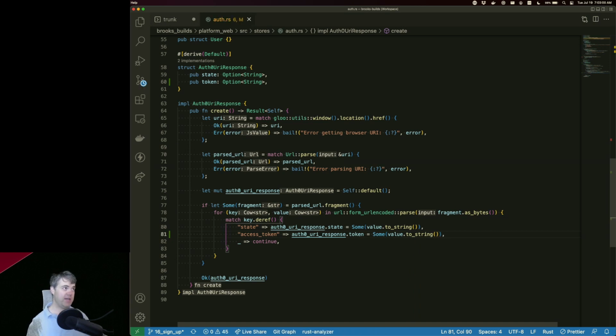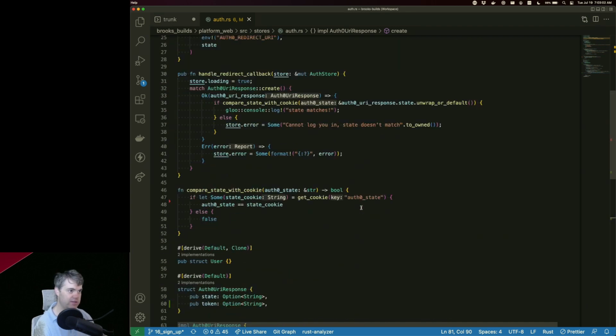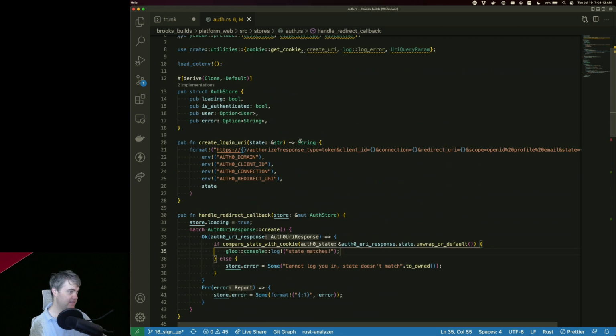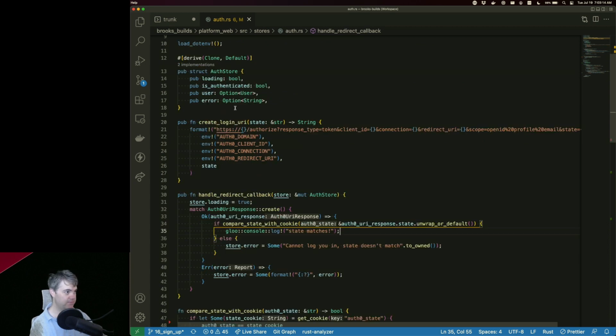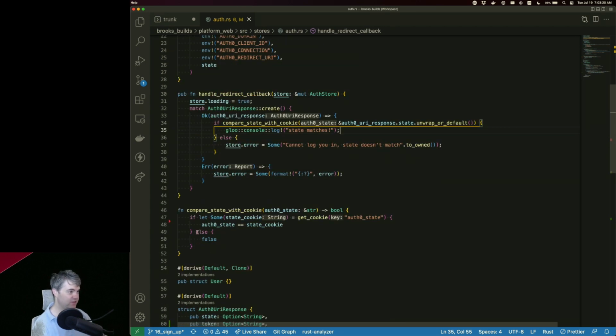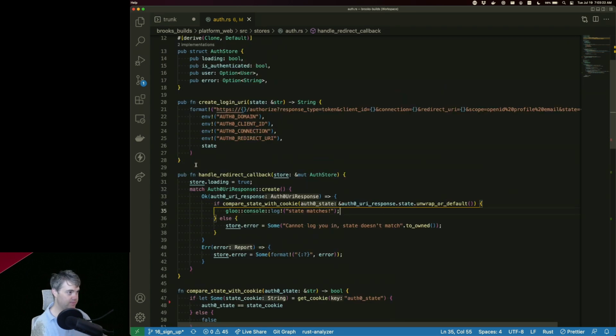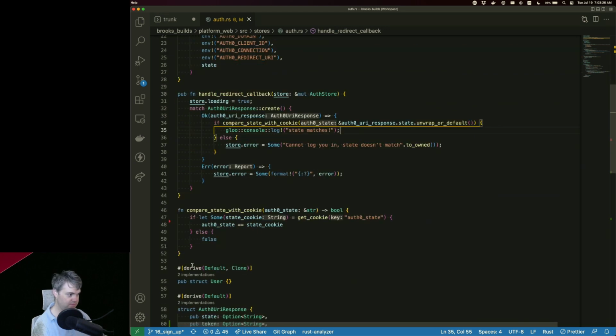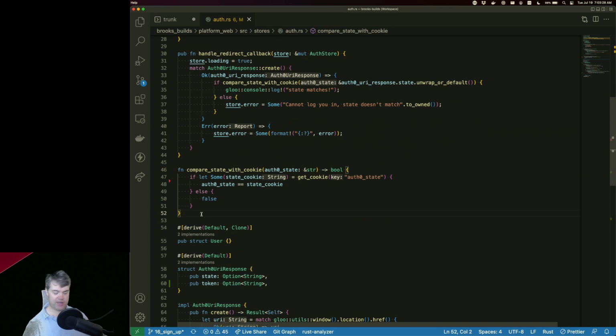Okay, so that should give me access to the token now inside of here. So we already verified that the state matches. The next thing I want to do is grab the user. Well, I guess I could actually do a request to get the user information. So let's do that here.